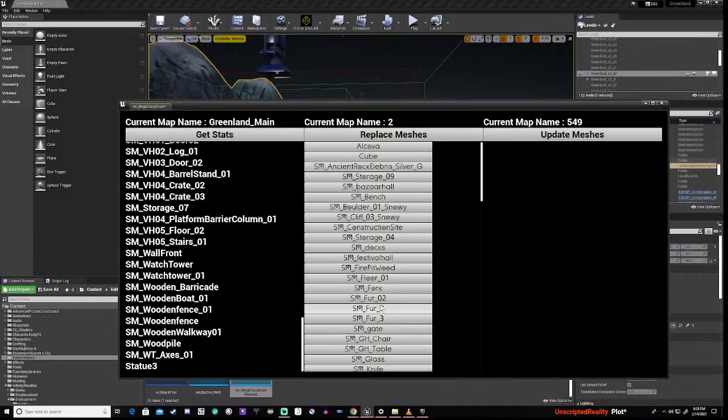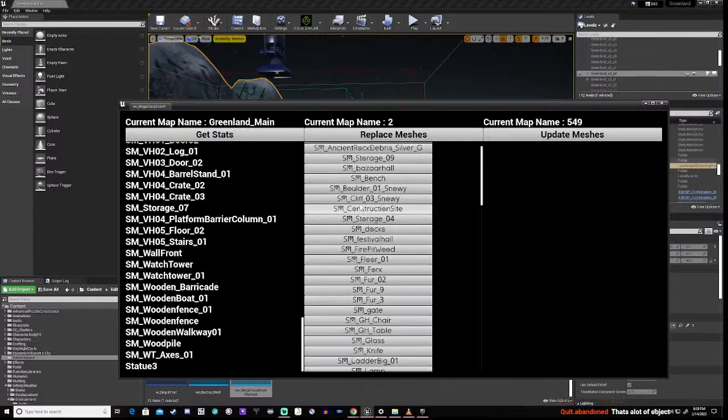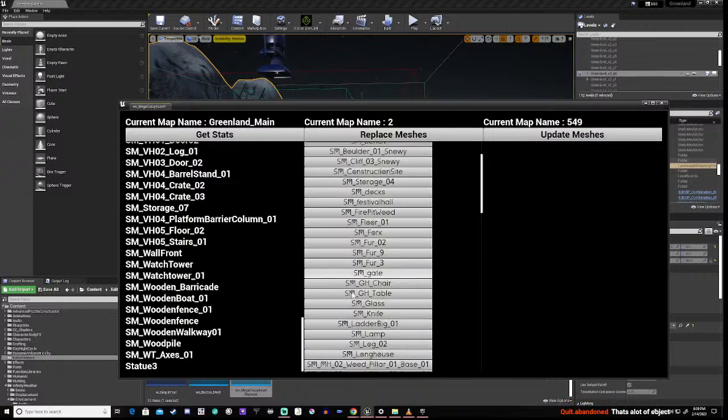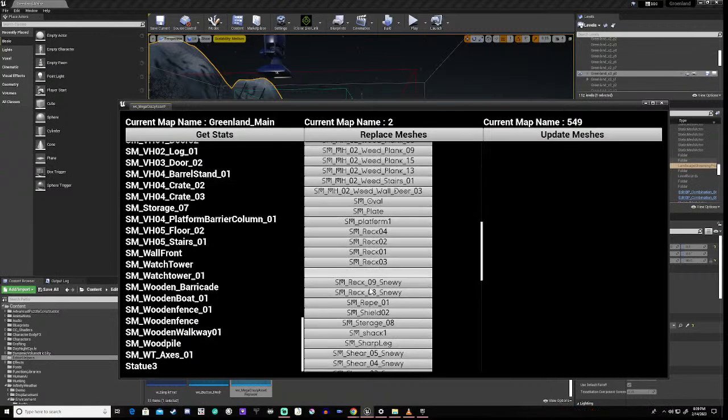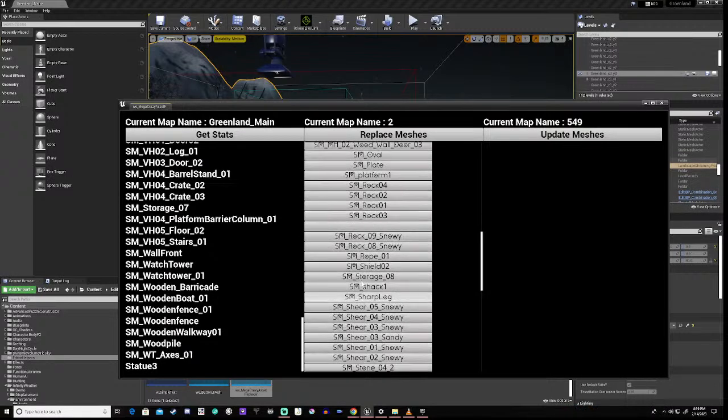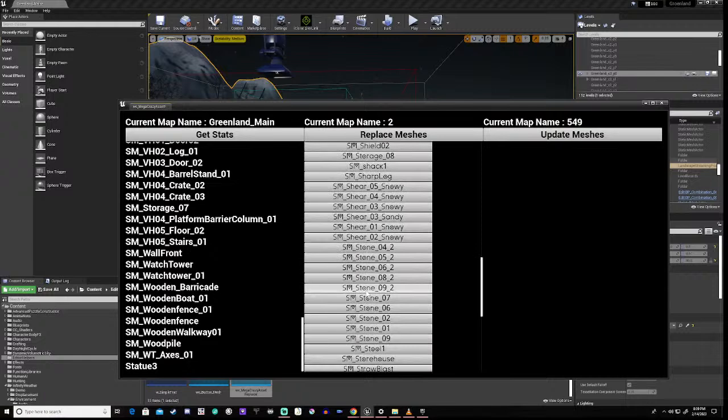Yeah, there's a lot of objects, but it's actually only 439 on this. But this is the point, to make it easier for me and my colleague to basically fix these.